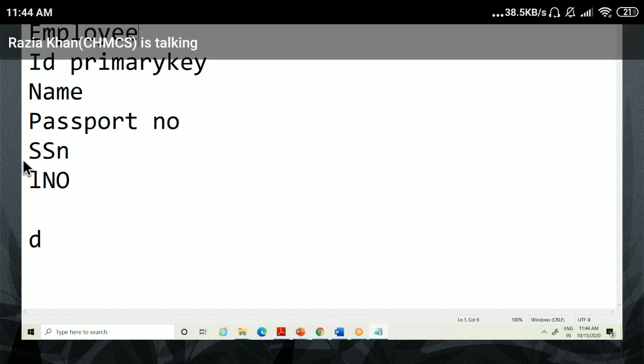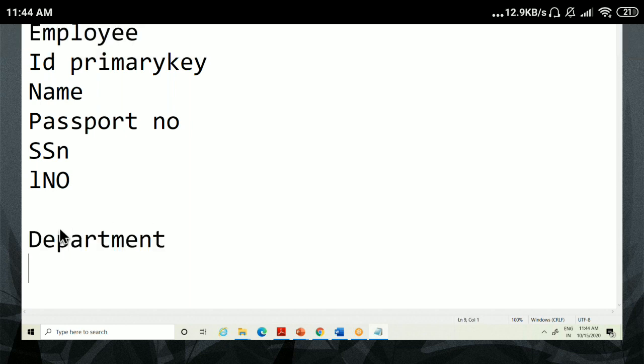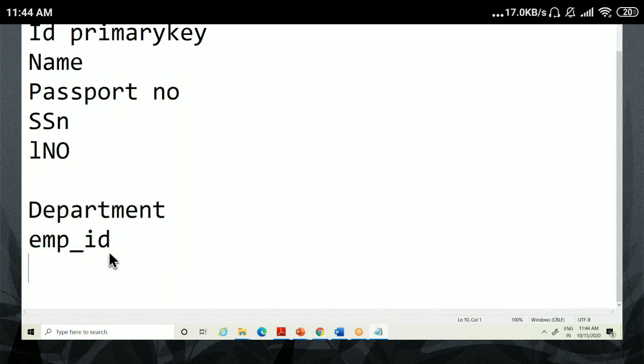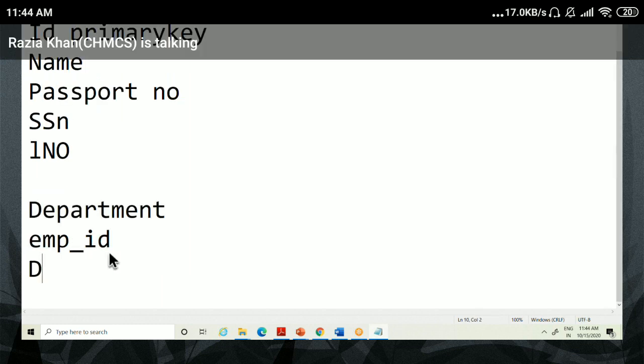And one more table is there, the department table. So the department table may contain the employee ID as well, for example EMP ID, or DPT ID may be there.